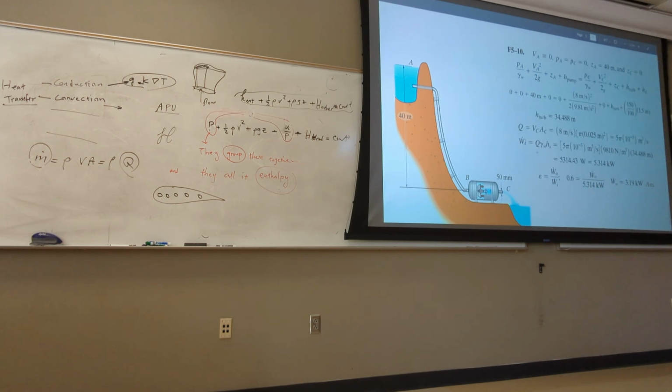But look, you need to multiply by flow rate times gamma, or mass flow rate times g. That's the way we derive the equation, right? So you multiply that, and you get the total work done on the turbine is 5.3 kilowatts. Again, it's not huge. You see, it's not huge.